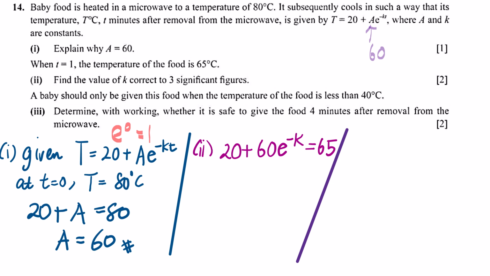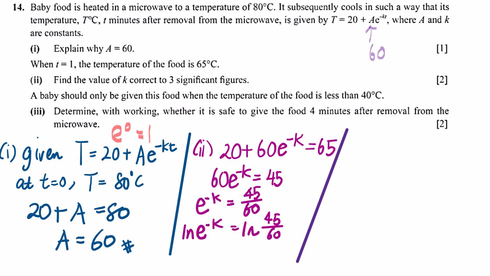So we can simplify further. Make e to the power of negative k the subject before you bring natural log to both sides. Apply the power law, and you will get k to be approximately 0.288, expressed to 3 significant figures. So that's part 2. Right, so part 3 is important because you're going to feed the baby with food, and